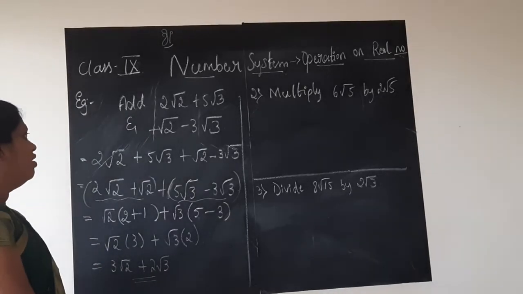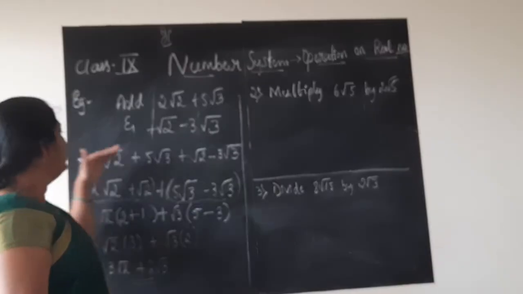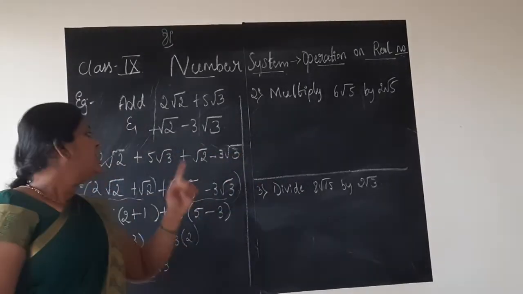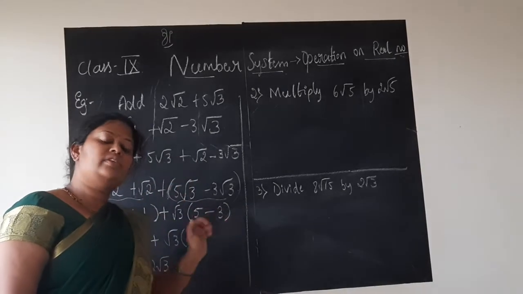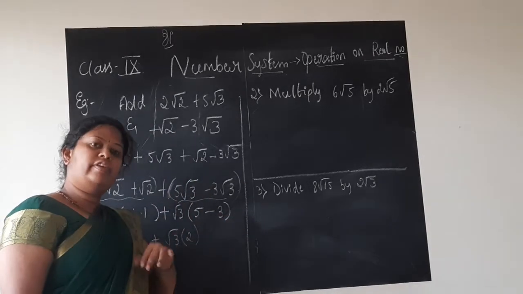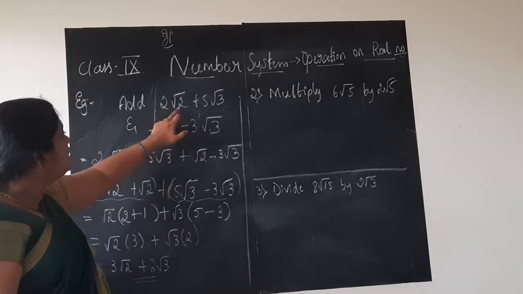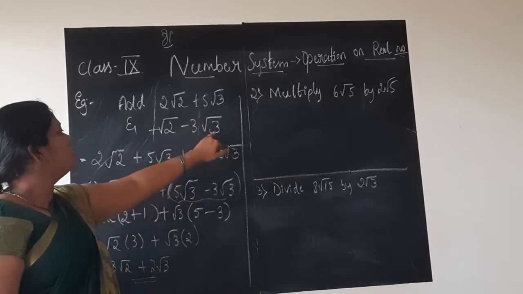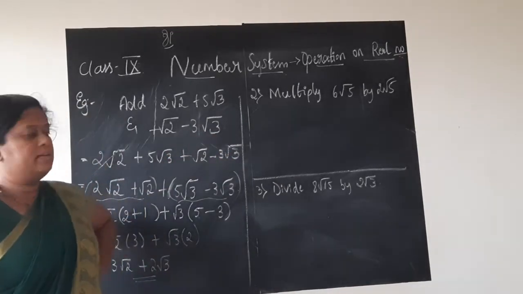This is how you solve. If at all they give you addition of two terms like this, you will write all the given terms in a single line along with their sign. Next, group the terms accordingly. You simply cannot add root 2, root 5, root 3, anything given. Root 2 with root 2, root 3 with root 3, root 5 with root 5, root 10 with root 10, like that only you should add. Don't worry about the numbers along with those roots. Let it be anything. But inside the roots, it should be the same number in order to add or subtract.